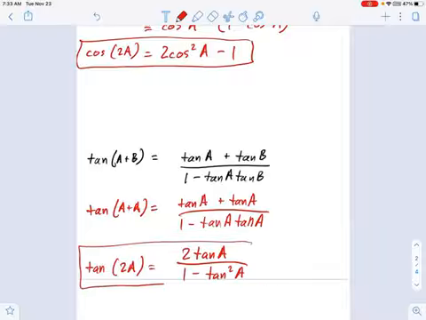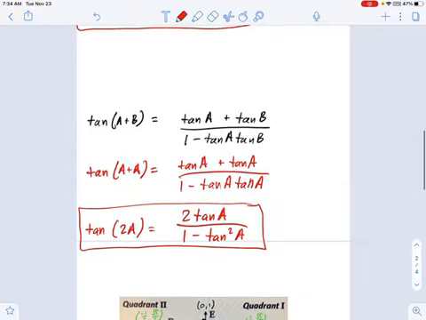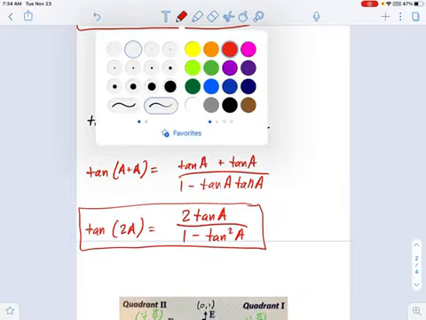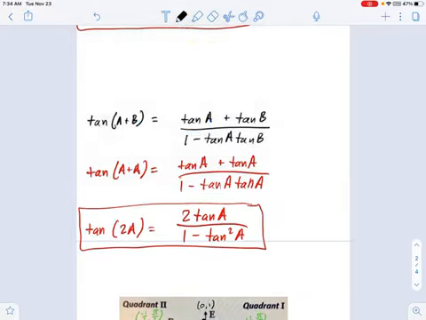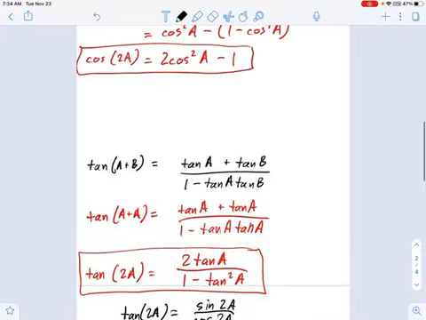We don't use this one too much, honestly. I mean, you can, it's fine, but you can also just find tangent of 2a this way. Keep in mind, if you ever have sine of 2a and cosine of 2a, you basically have tangent of 2a already. Remember, tangent is just sine over cosine. So if you know sine and cosine for these other angles, you have a shortcut to get tangent. Whichever way you want to use it is fine, obviously. But these are your double angle identities.